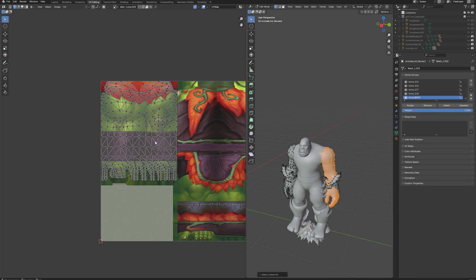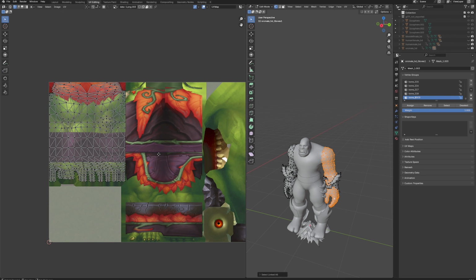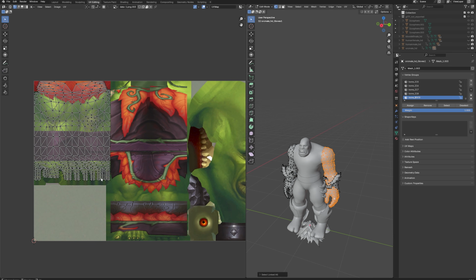But for the most part, I personally like this kind of UVs because it allows you to have a lot more space on your UV maps. If you have UVs that are all over the place, or if your UVs are not rectified, usually you have to fight or play more of a puzzle game whenever you're placing your UV islands. When you rectify them this way, it's just much easier for the program to pack it